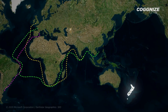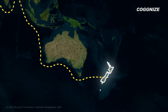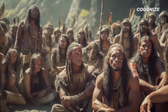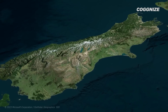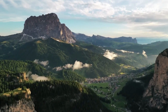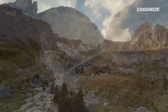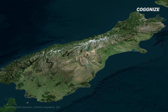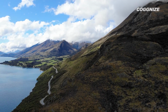The colonization process brought a wave of British and European immigrants to New Zealand, leading to an establishment of towns and cities. Despite its influx of settlers, the population growth in New Zealand has been relatively slow compared to other countries. Several factors contribute to this phenomenon. Firstly, the challenging geography of the country, characterized by mountains, fjords, and rugged terrain, limits the availability of suitable land for settlement and agriculture. Much of New Zealand's land is unsuitable for intensive human habitation, and the mountainous regions are